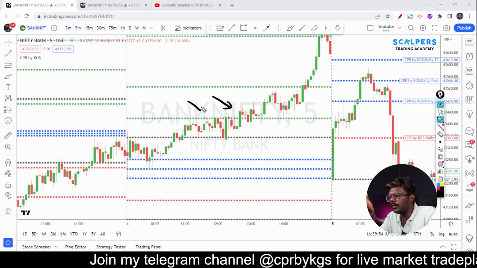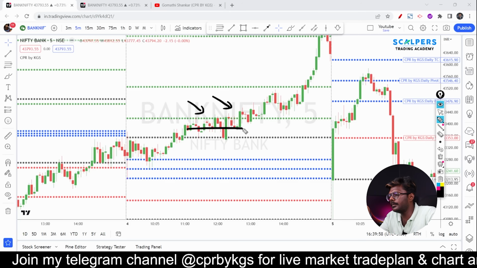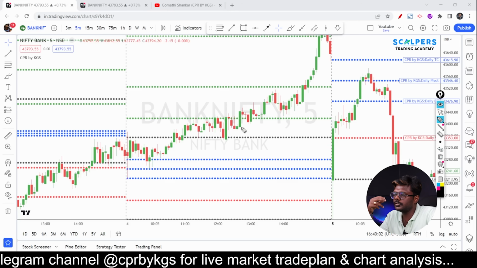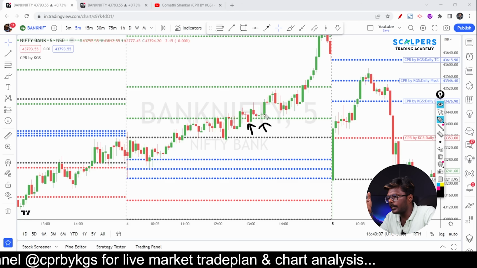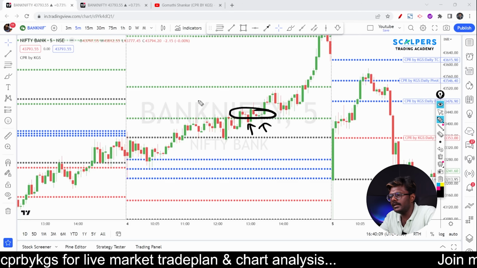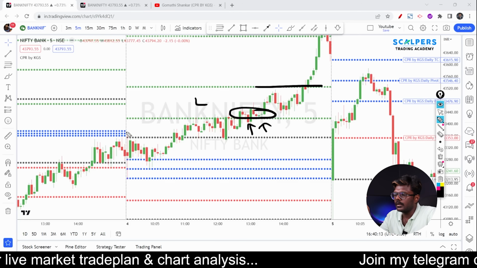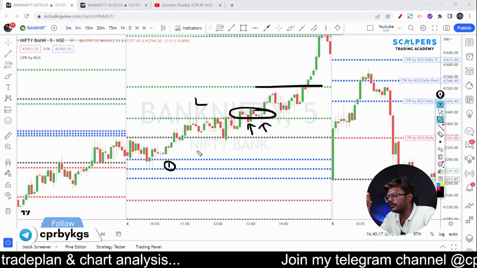Even if you have taken a long position here, and if your stop loss is hit somewhere around R1 and previous day high 50% level, don't hesitate to take up a long position once again when the candles are taking support at R1. Probably you can take a long position around these areas and you can even book a profit at R2 levels. All right, so your first trade over here is a profitable trade, and your second trade,